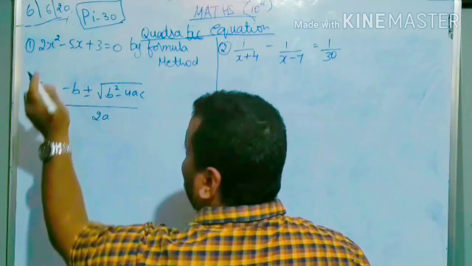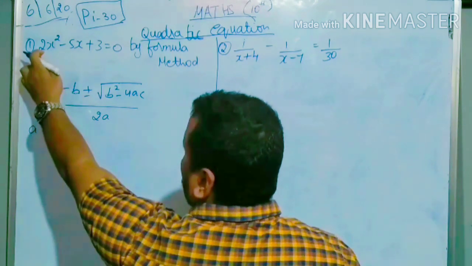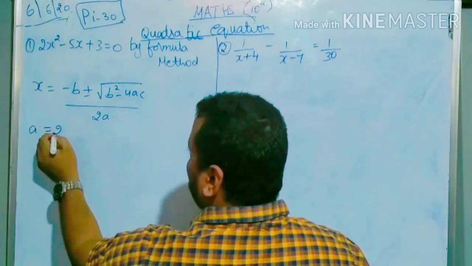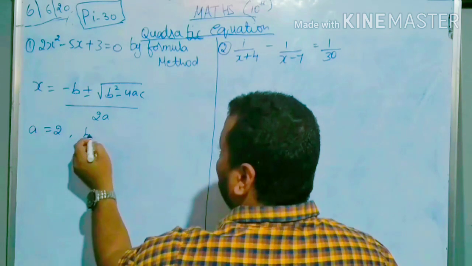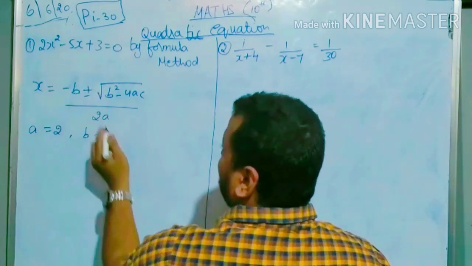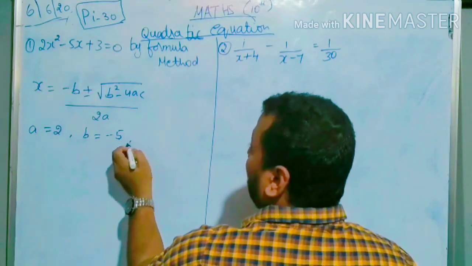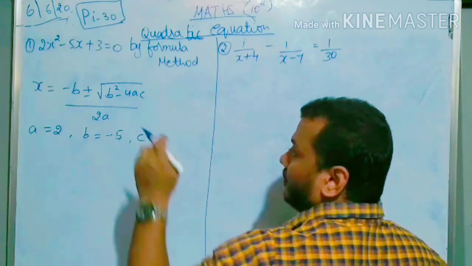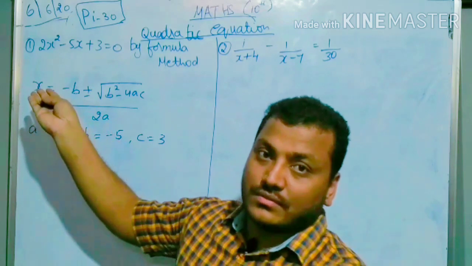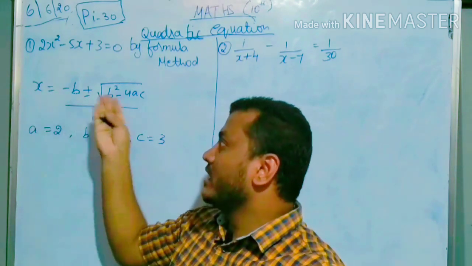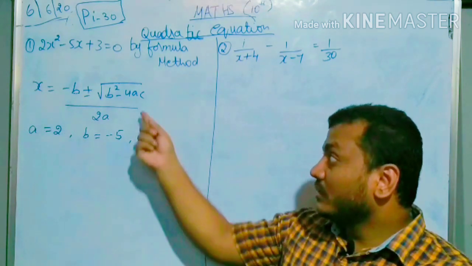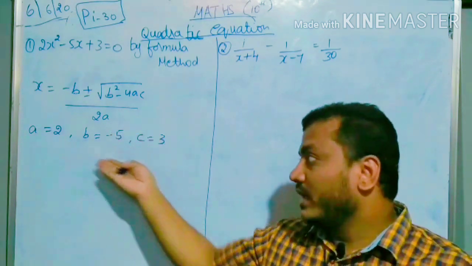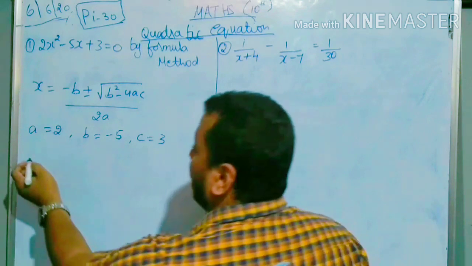Now from this equation we can write down a is equal to the coefficient of the x square term. So what is that? 2. Now b, including the sign you have to take, is minus 5, right? c is plus 3, so I can write 3. Directly substitute all these values in this equation. So x is equal to minus b plus or minus root under b square minus 4ac divided by 2a, directly we can substitute all these values in that formula. So we can get the answer.